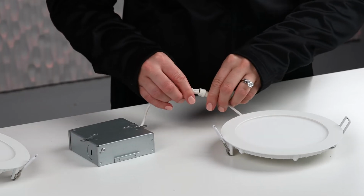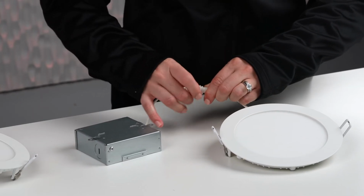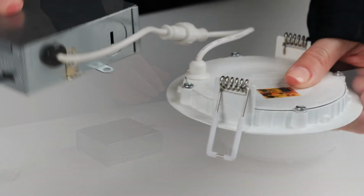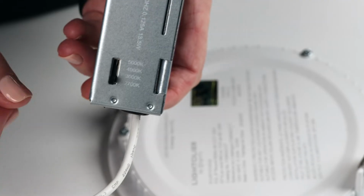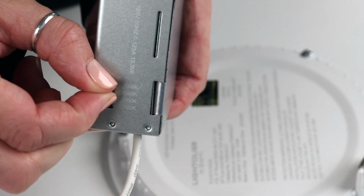With a detachable junction box and spring clips, it just pops right in. You can also simply clip the junction box to the spring to meet national electric codes. The junction box comes with a color temperature selectable dip switch, allowing you to select the desired color before or after the installation. The FlatDownlight Select is IC rated for direct contact with insulation and will become your favorite way